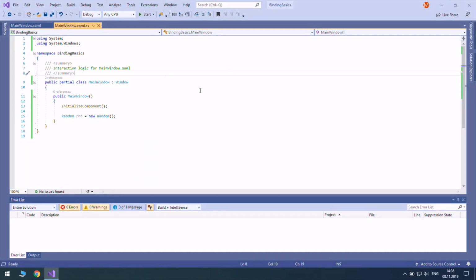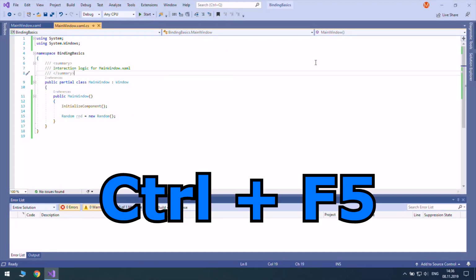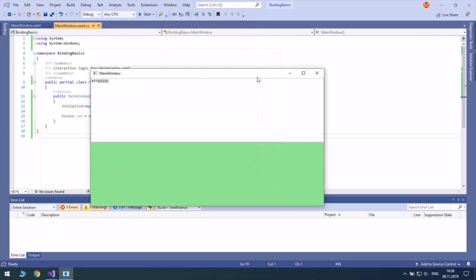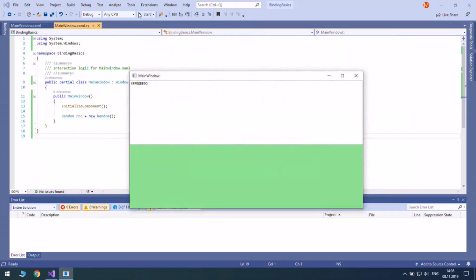In order to run your application without debugging, just hold Ctrl and press F5. And here you are. This is now launched without debugging, as you see. So it's equal to just running the application from File Explorer.